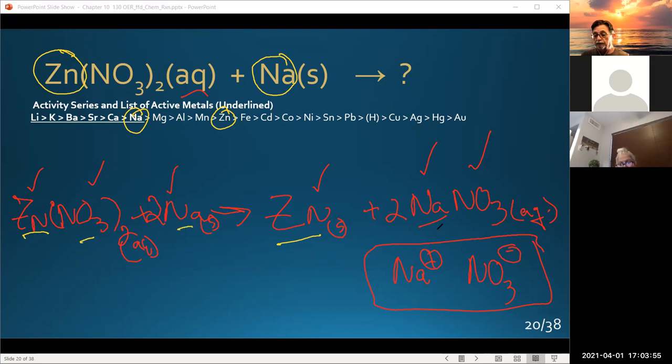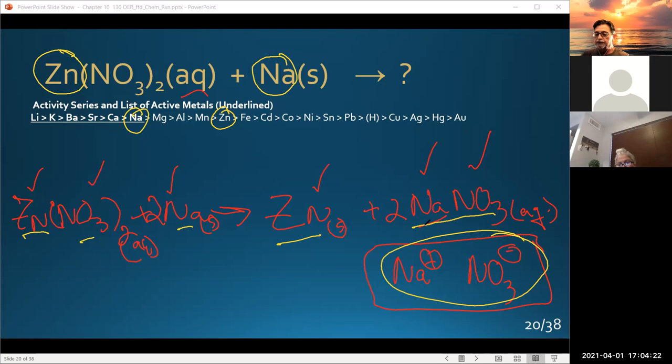Well, before we put them together, write them out as ions first so that you can put them together with the proper ratio. Doing that, you can see it's a 1-to-1. So my formula is simply sodium nitrate. Now, at this time, you can put the physical state, because we know